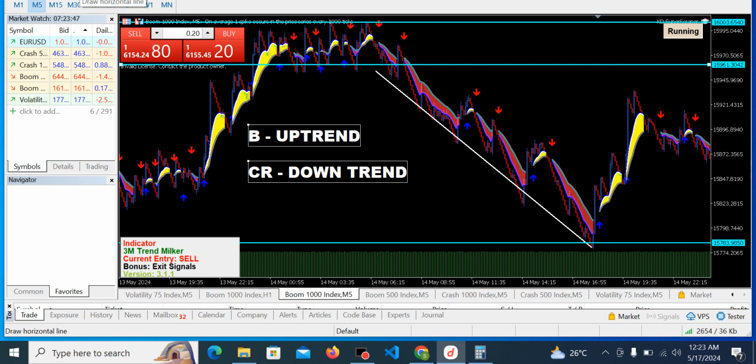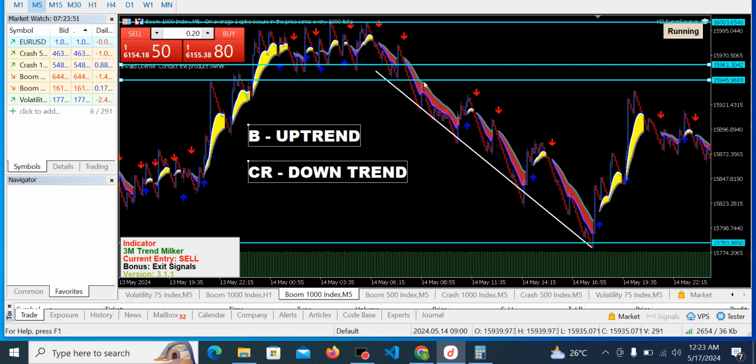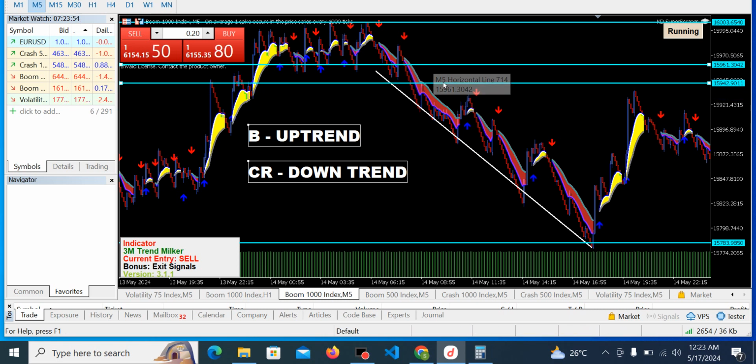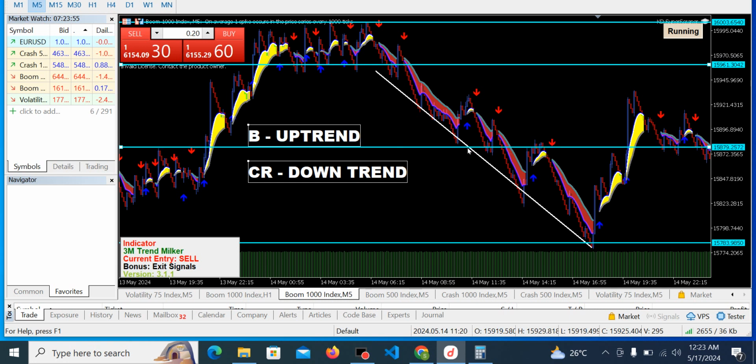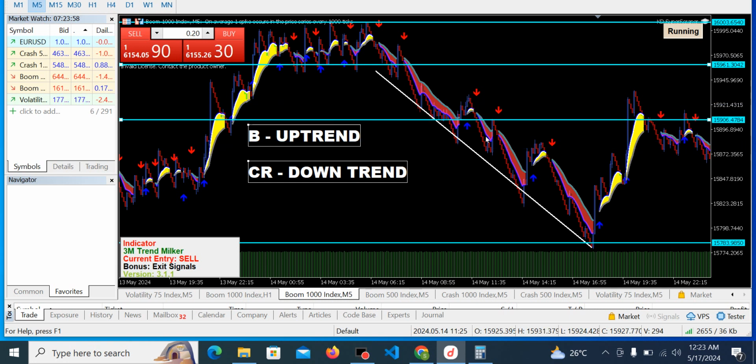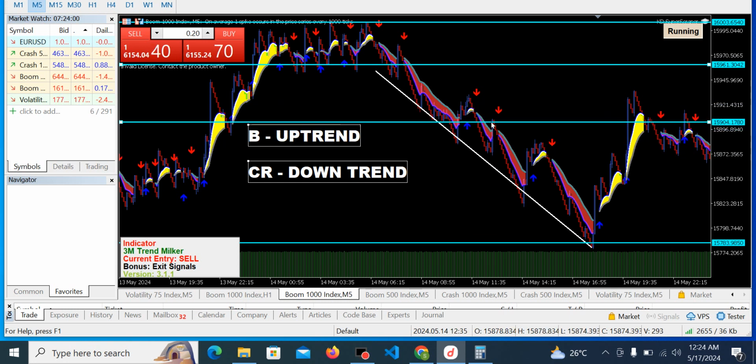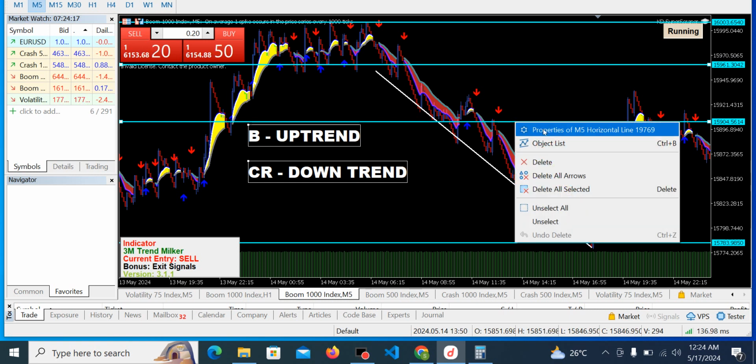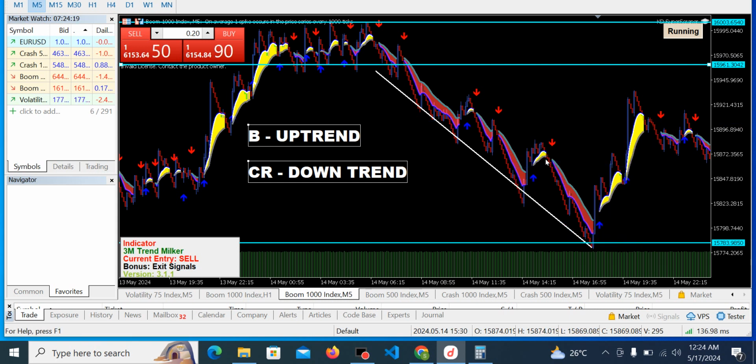It got here, spiked up, didn't get to your entry point, and went down again, still spiked up, and went down again, still spiked up. You can see it didn't get to your entry point each time it spiked, so this can make you lose a lot of money. That is why it is important you understand the right time to trade your spikes. Now let's check out when you should trade your spike.